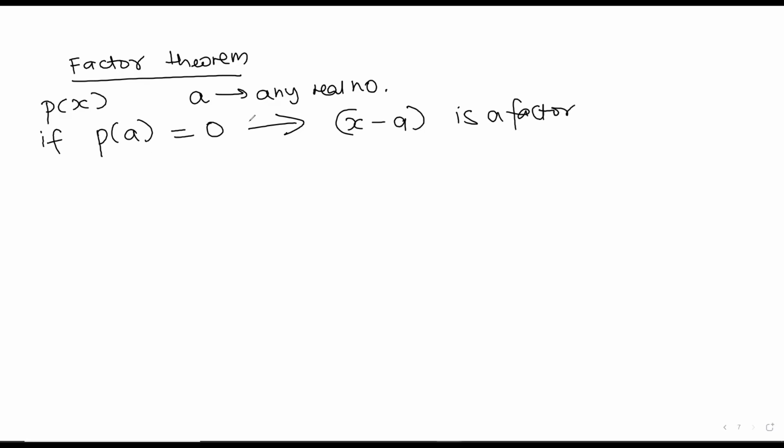And you can also say the other way around, that if x minus a is a factor, then p of a is 0. In math, we denote this by this relationship. So if p of a is equal to 0, then x minus a is a factor. And if x minus a is a factor, then the remainder, p of a, has to be 0. And it's nothing new. It's just the same thing that we've been using in our questions till now. So any doubts about this? No, ma'am.